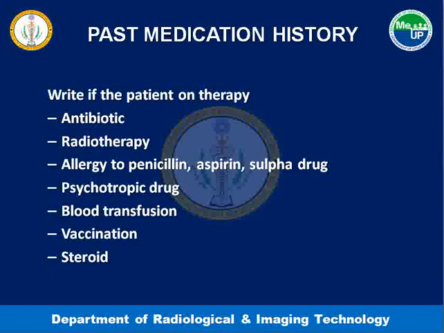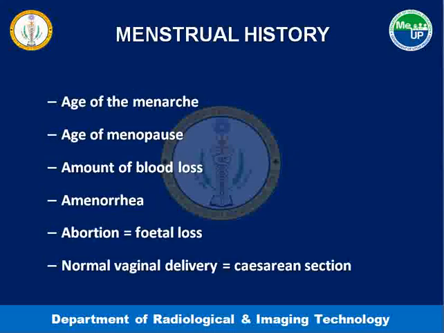The past medication history includes writing whether the patient is on therapy or not. Is he or she on antibiotics, radiotherapy? Any allergy to penicillin, aspirin, sulfa drugs, psychotropic drugs? Any blood transfusion, vaccination, steroid use? Write the menstrual history, which includes age of menarche, age of menopause, amount of blood loss, amenorrhea,